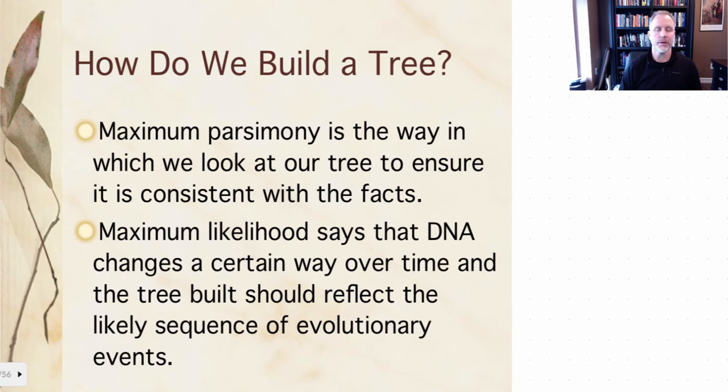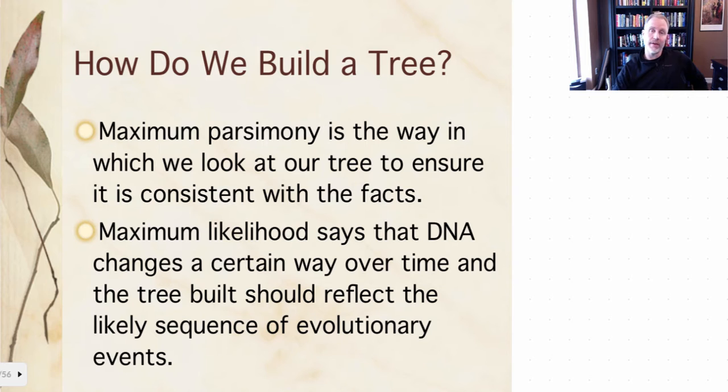All right, in the last section here, what we're going to talk about is how we're actually going to build these trees. And what we're going to use and build upon is this idea of parsimony. And what this is, is the maximum likelihood that two events are related to one another. Or the most probable outcome is what parsimony is describing. So we're going to look at the trees that we're making and make sure that they're consistent with the facts that we've got. And over time, this tree should represent the likely sequence of events that have occurred throughout evolutionary